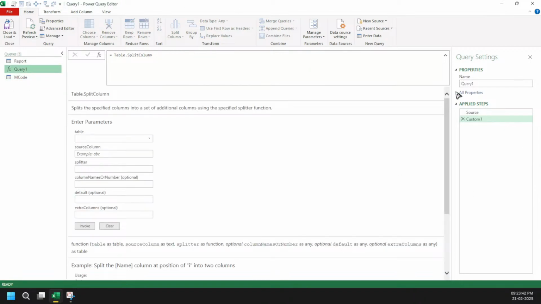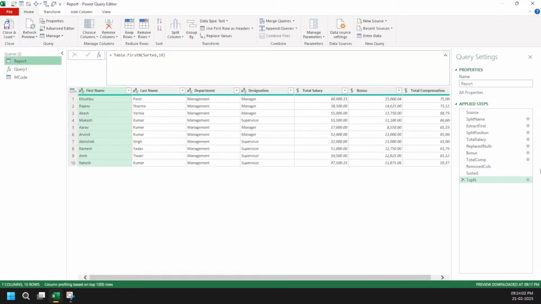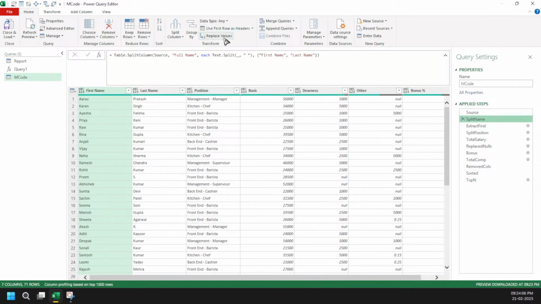The reason being here is when I use this part, Text.Split, it will throw me an output like this, Karan Singh Rathod. So what can I do here is I can come here, take the first value and take the last value, right? So here is what I'm going to do. So M code split name, and here you can either use the let approach or whatever you feel like to do.